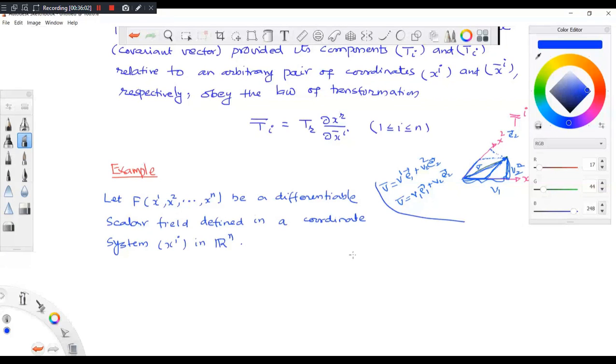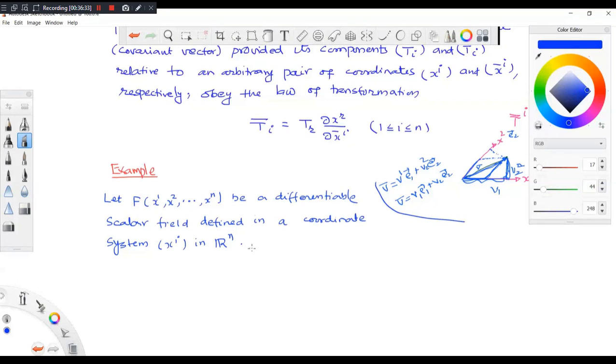Okay, so this is some function. Scalar function means its value will be a number. That's the meaning of scalar function. And scalar field means at every point you will get a value. So that is why it is called a scalar field, because in Rn space you take a point and put the values of x1, x2, etc., xn, you will get a number. So it is a scalar. Vector field means you will get a vector corresponding to every point, so you call it a vector field. So this is a scalar field.